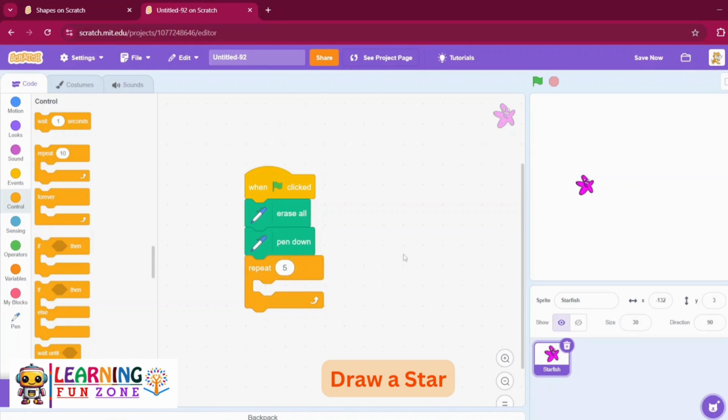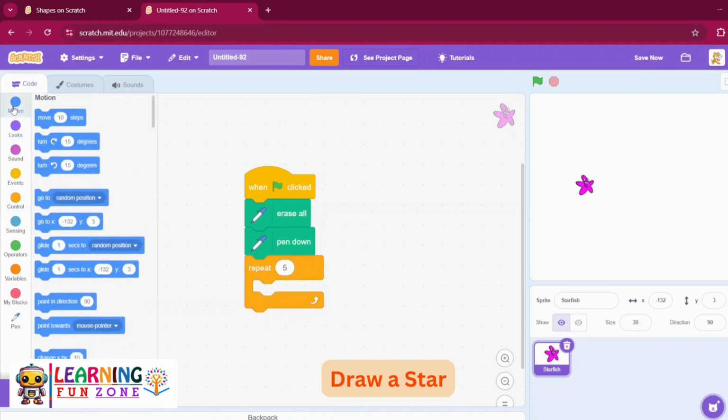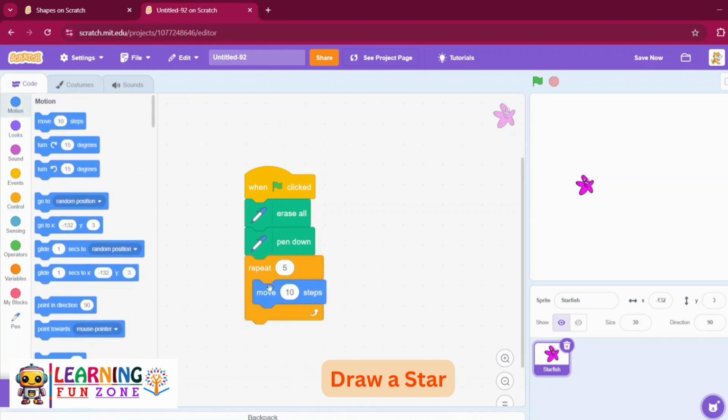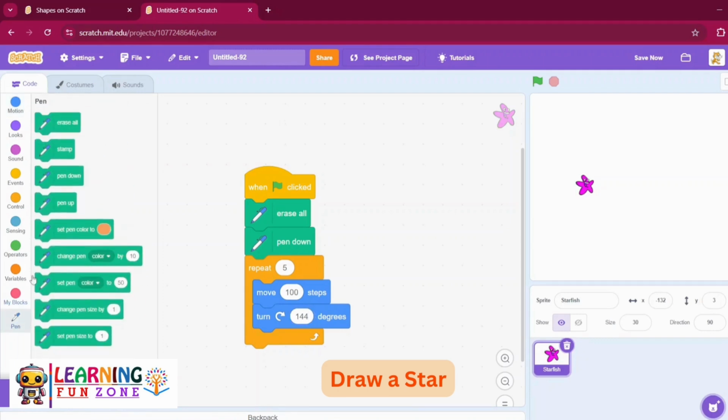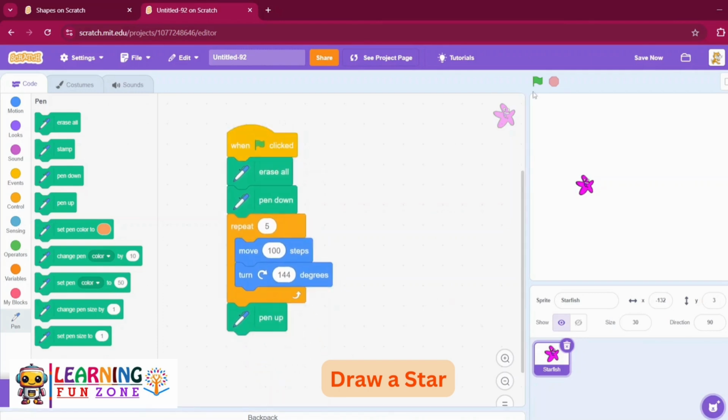So add a repeat block, add a move block and make it 100 steps, and then you have to turn. So for turning we have to turn it for 144 degrees and then go to pen and make it a pen up. Okay, so this is the code for drawing a star, and we will add a wait as